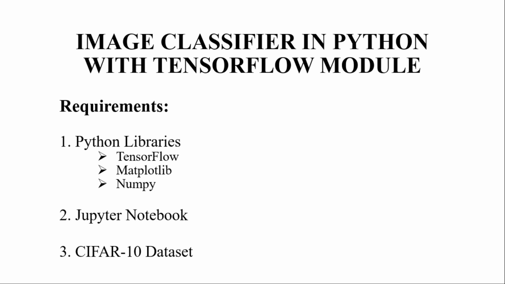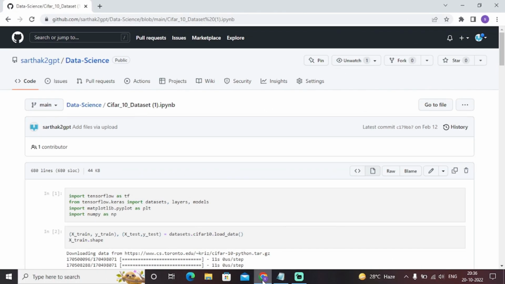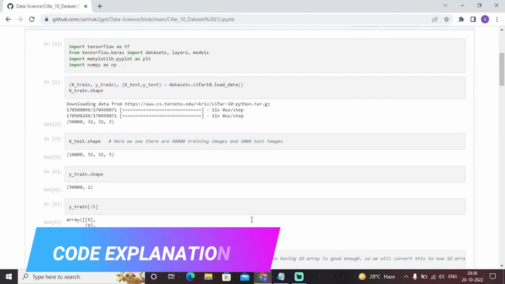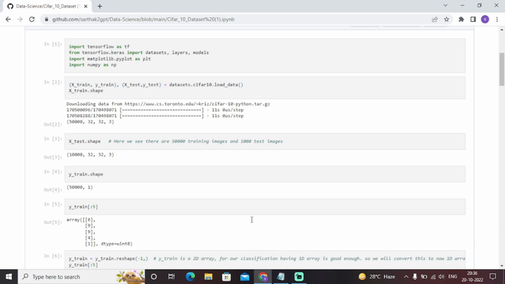So, with that being said, let's get started and have a look at the code of this particular machine learning model, which will classify the images. So, here is the code in my GitHub repository. Initially, we have imported all the necessary libraries, that is TensorFlow, Keras, Matplotlib for some visualizations, and NumPy for numerical